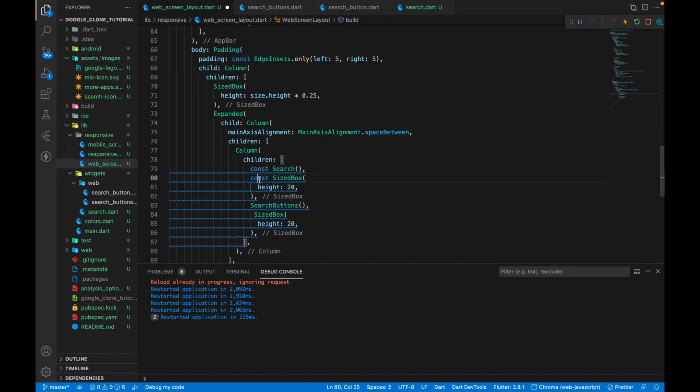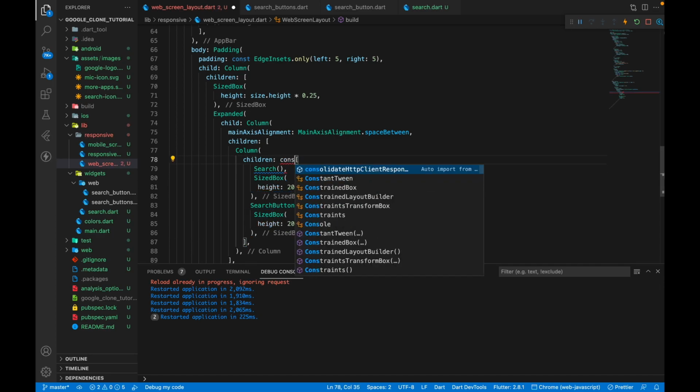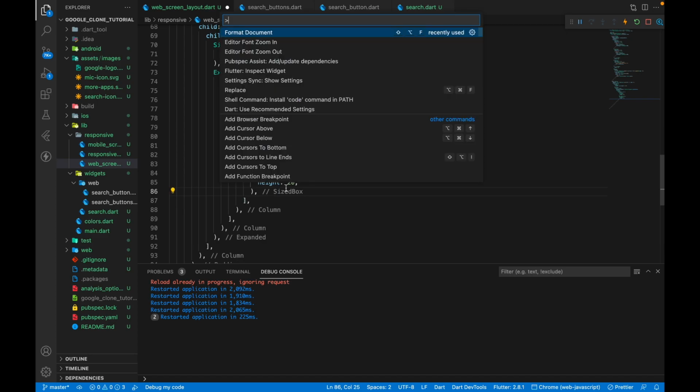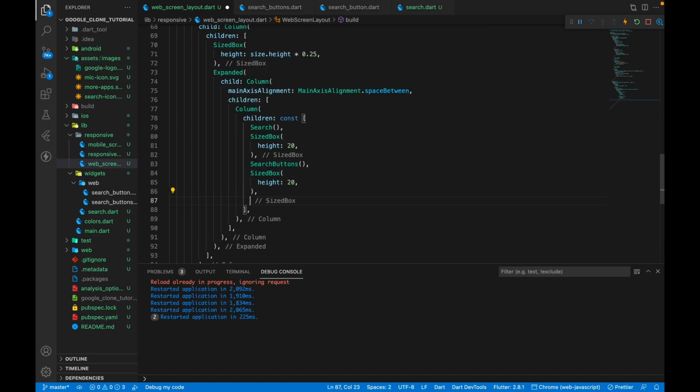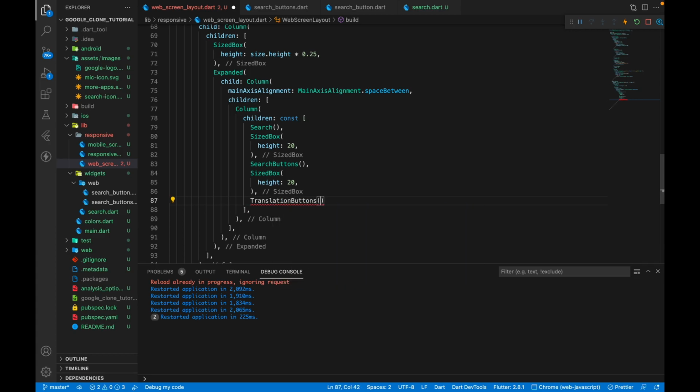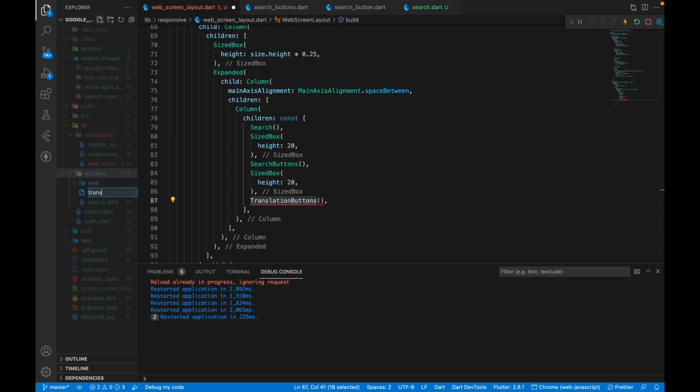Now we can remove these const, because I think the whole column is going to be a constant. So we can pass const over here. Then we will have again a sized box of height, and then we need to have translation buttons. So we can create that function, that widget as well. And in our widgets folder, we can have translation